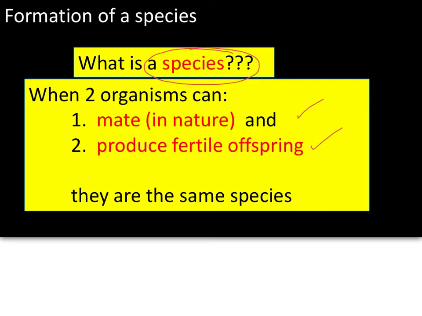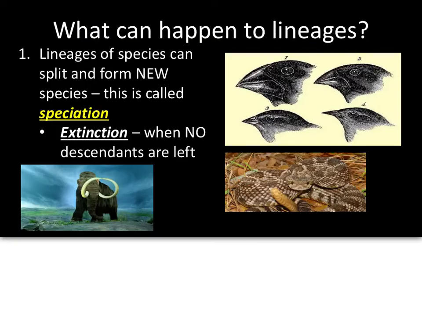The second characteristic is that those offspring are going to produce fertile offspring. For example, a mule is a cross between a horse and a donkey, but mules are actually infertile. That means they can't produce the reproductive cells, the sex cells, to then have their own offspring. So those two characteristics are what we use in science to define what a species is. So speciation,